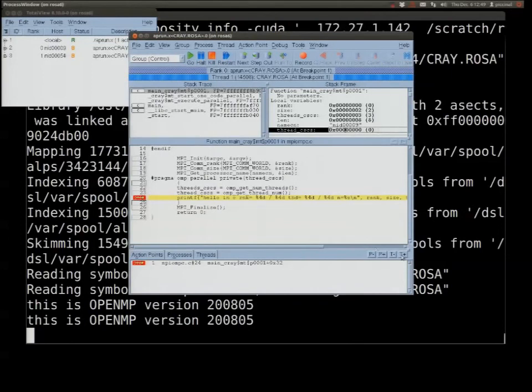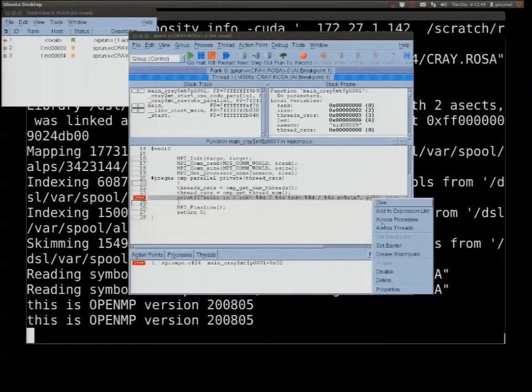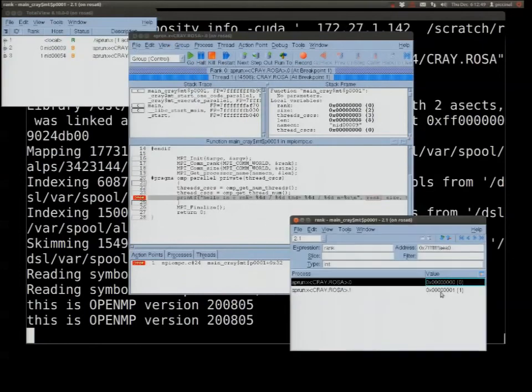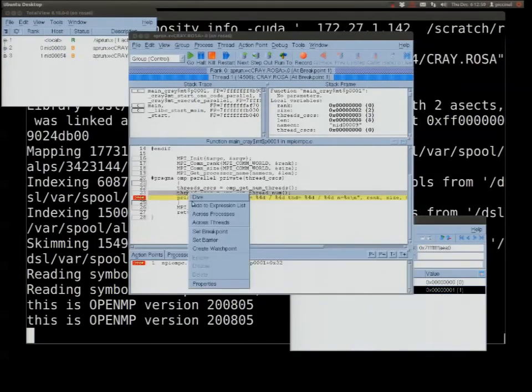So here you can see the value of the thread. I'm navigating between the threads, so I'm changing the value of the thread, and you can see that if I change the value of the rank, the value of rank will change too. Now I can compare the value of rank between the processes, here 0 and 1.